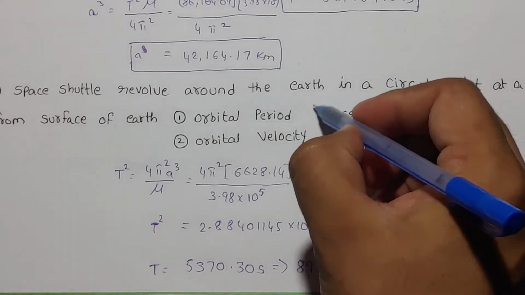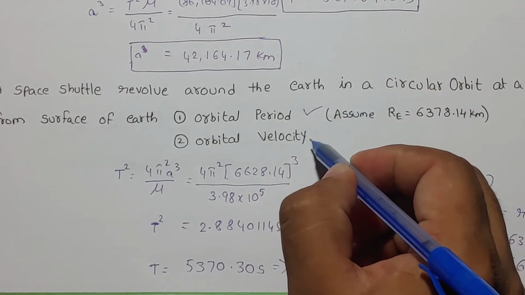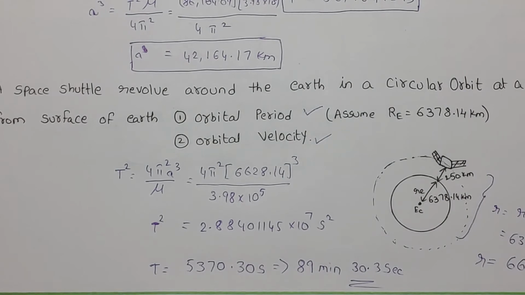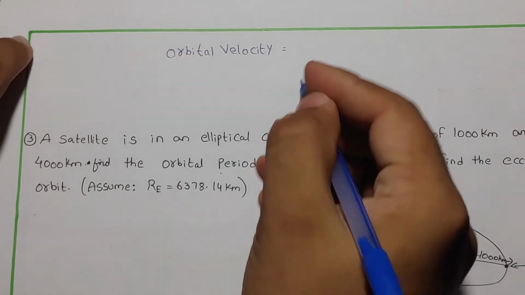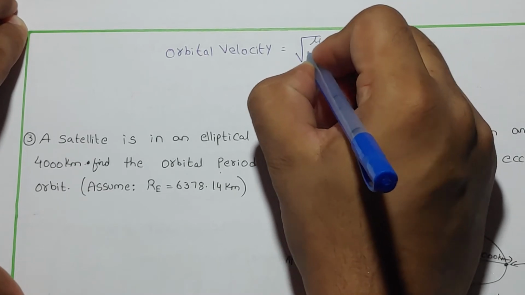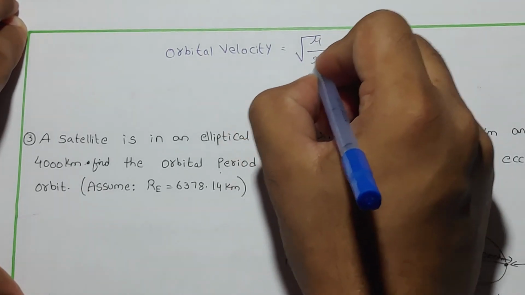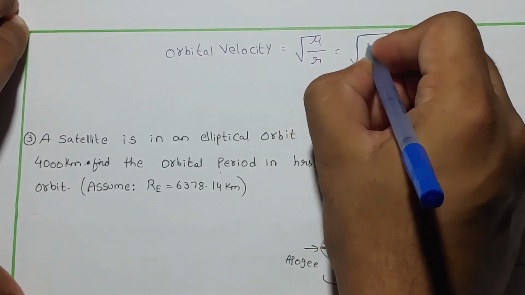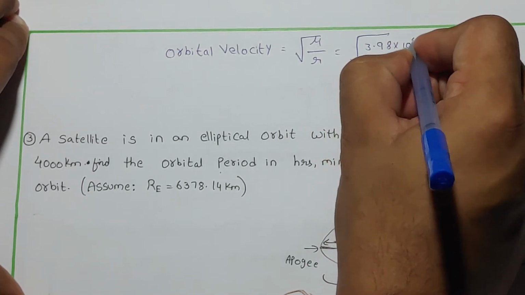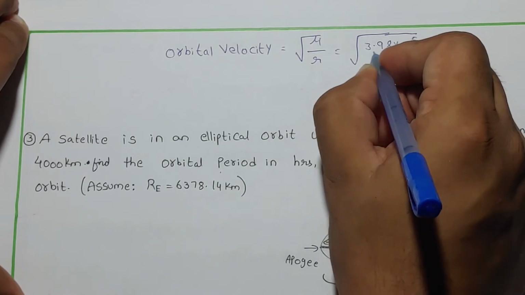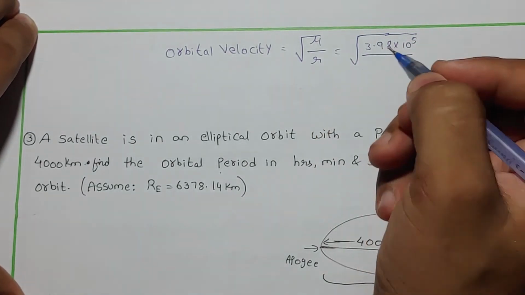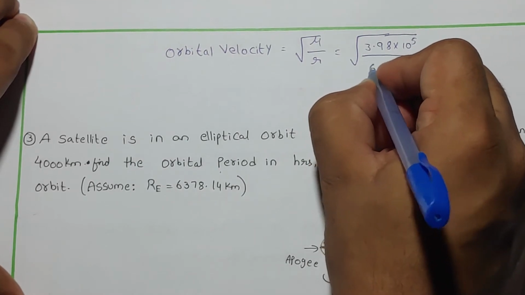Here we found out the orbital period. Now we have to find the orbital velocity. We know that orbital velocity is equal to square root of mu by r, as the mu value is equal to 3.98 into 10 to the power of 5 kilometer cube by second square, divided by the radius, that is from the center of the earth, which is equal to